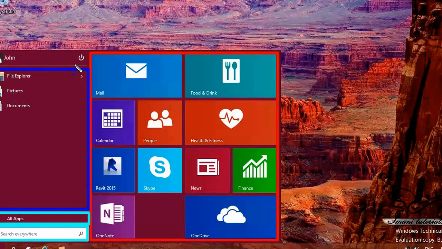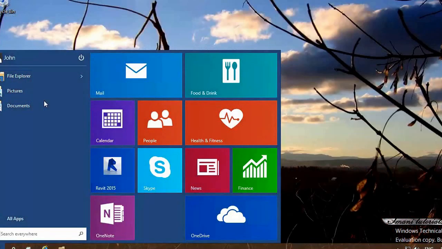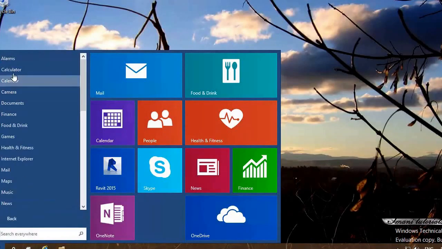And on top of this, you can see this part that shows me who is logged in, and there are options for logging off, shutting down, restarting, hibernating, putting this computer to sleep mode. And this is what you see in this start menu. And of course there is a second page. If I go and click on all apps, you can see this second page